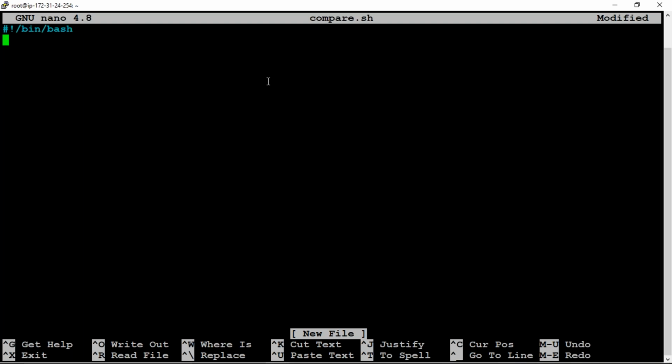Okay, now I just wanted to compare two numbers. First, I need to read the two numbers, right? So how to read the numbers from the input? read -p, enter first number.